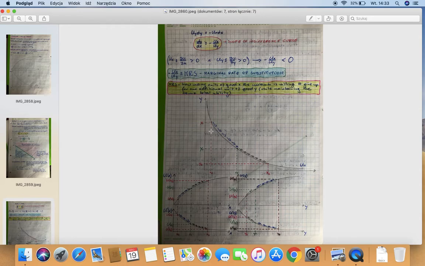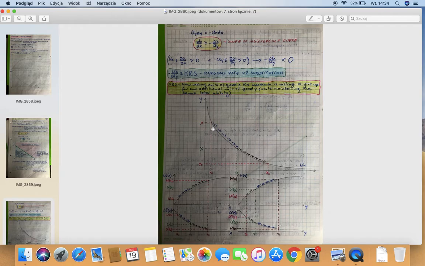Look, imagine that we are starting at point X0, Y0 over here. Now, look, at this point, we see that the customer has a lot of good Y, but very little of good X. So look, now, if the customer would